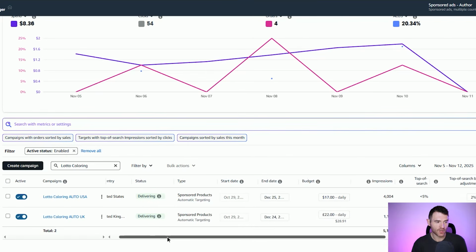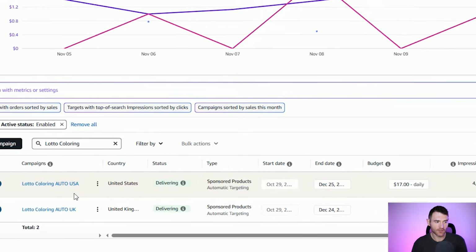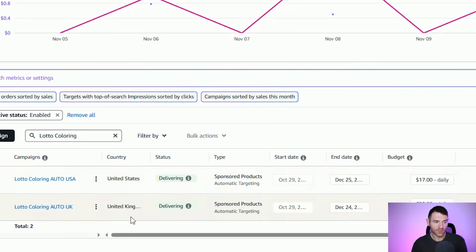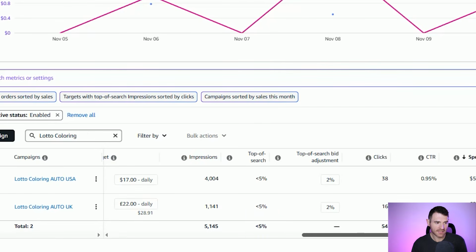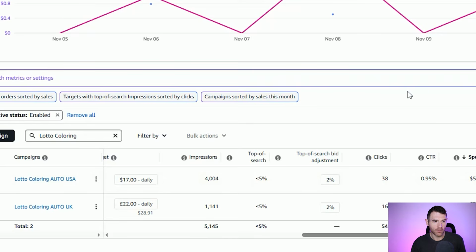So here are our two ads. You can see that they're set up in these countries. These are automatic targeting ads, and we've got the start and the end date here as well. So going across to the metrics, you've got the impressions. So that's how many times someone has seen this book as part of the ad. So over the last 7 days, the book here in the top result has been seen 4,000 times, and at the bottom,